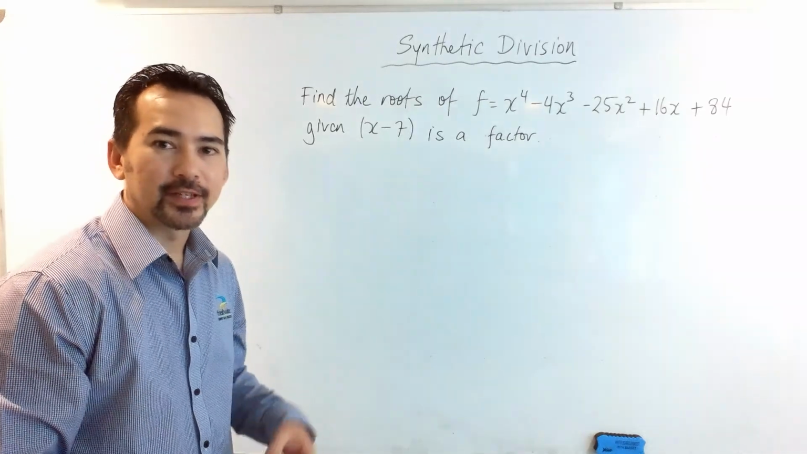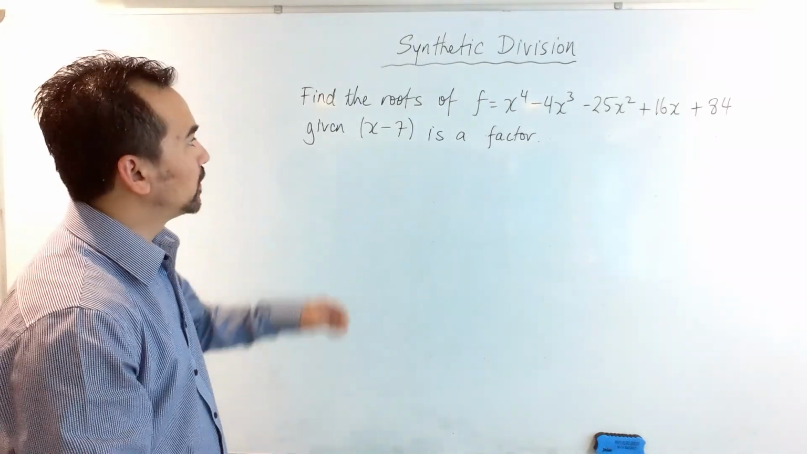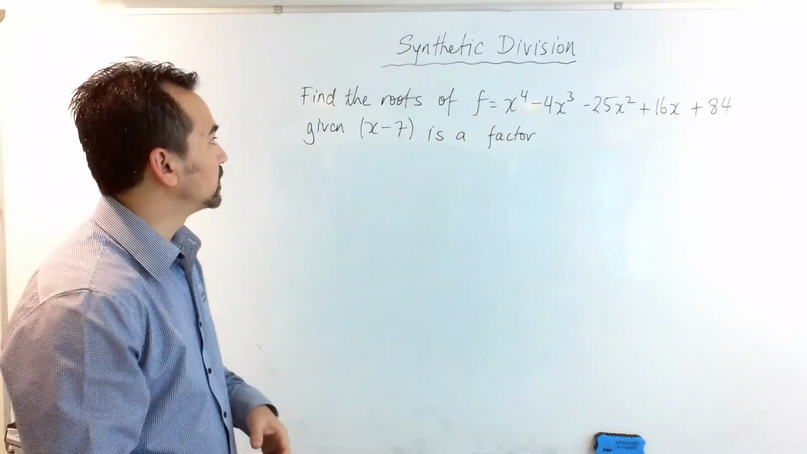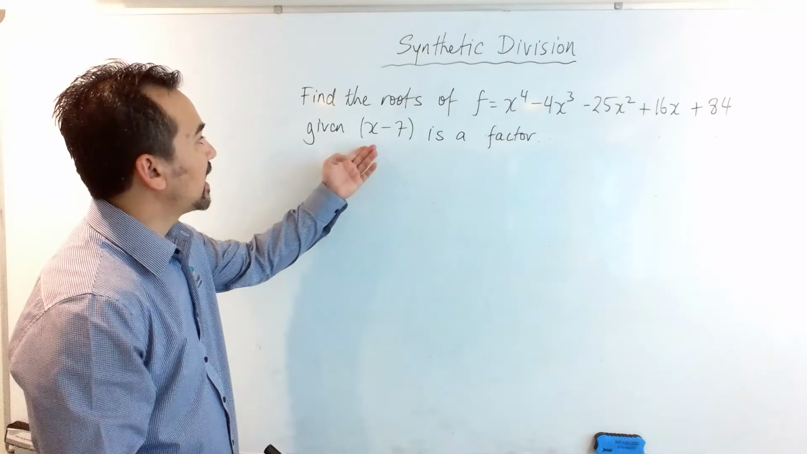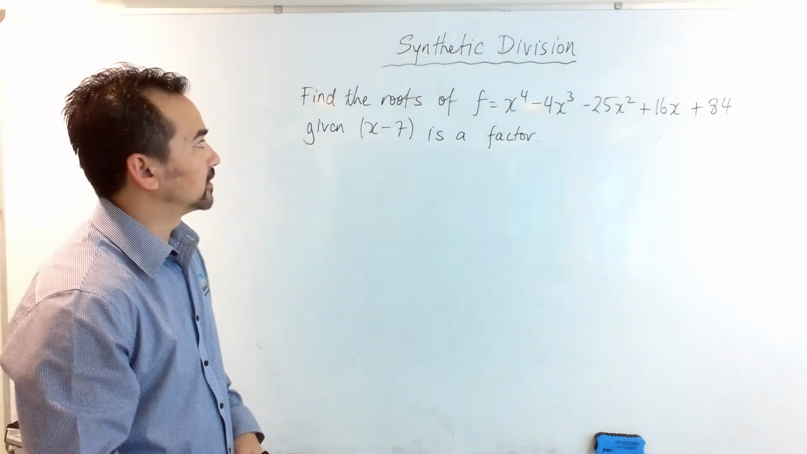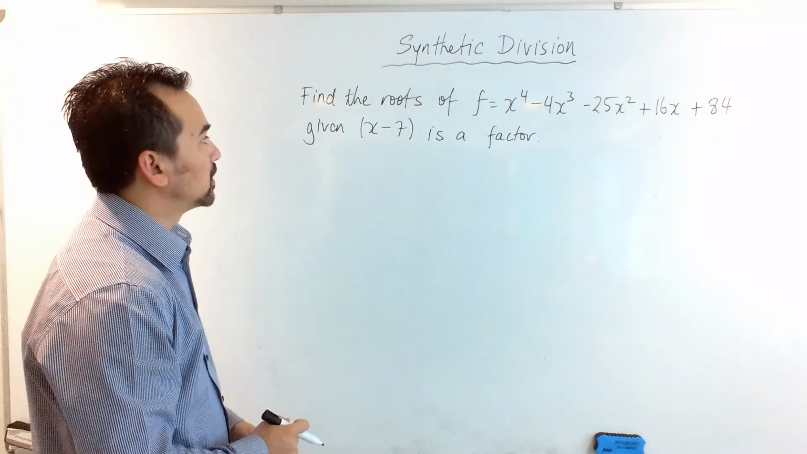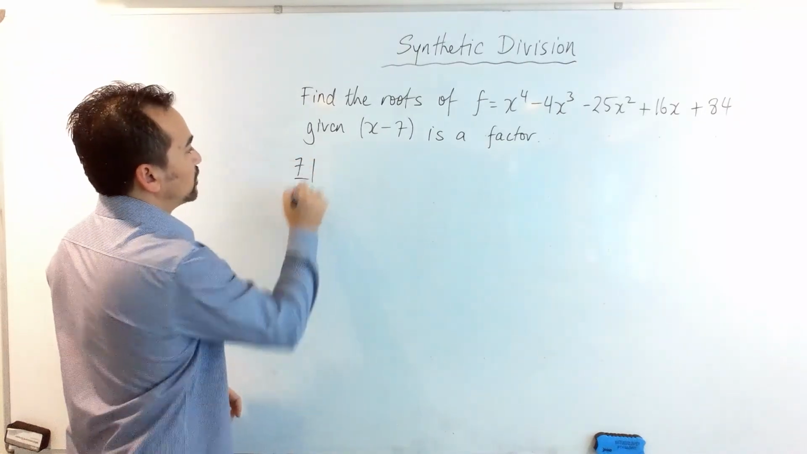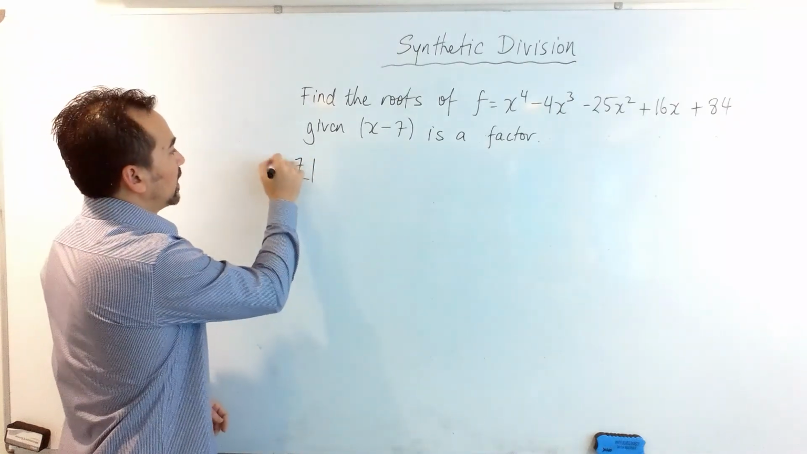Okay, let's have a go at this harder and longer question. We have a quartic function, and we're going to find the roots given that x take away 7 is a factor. Okay, so we already know that one of the roots is positive 7,